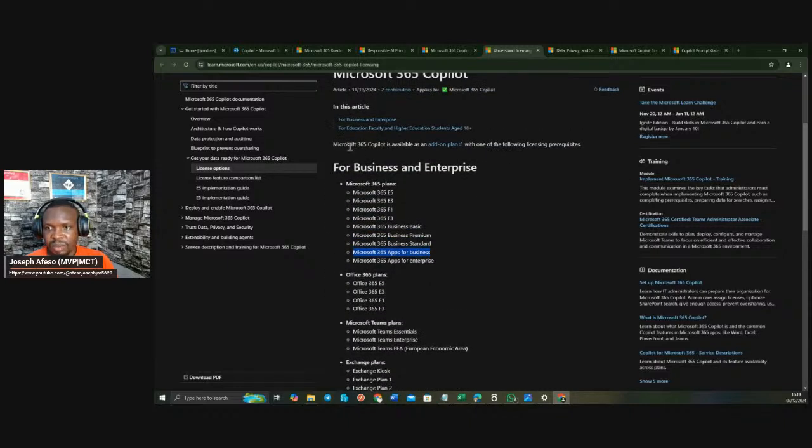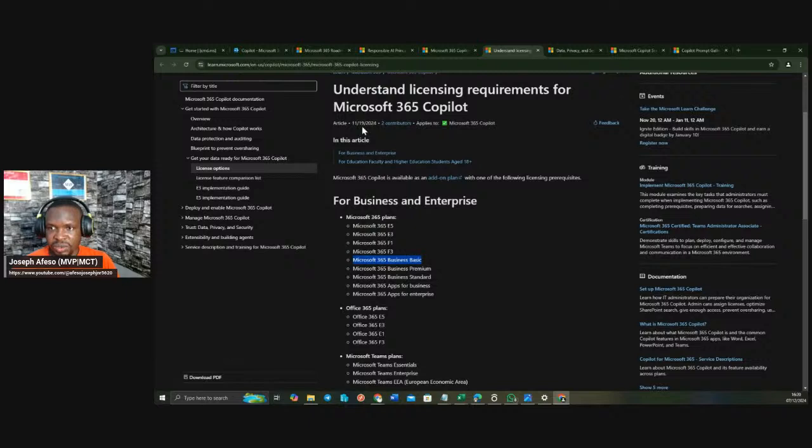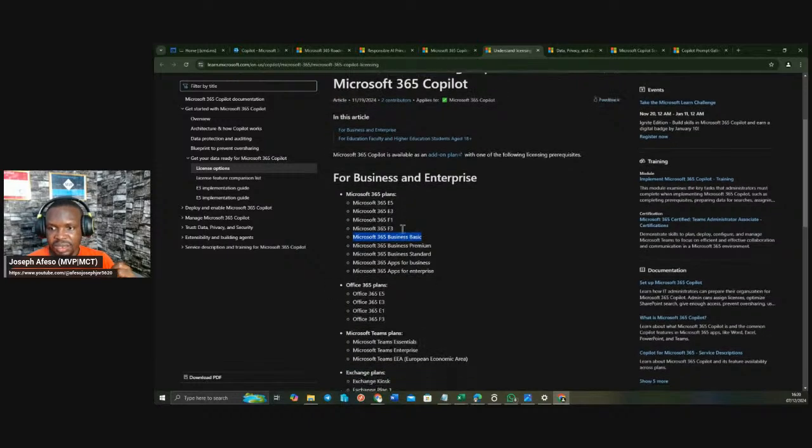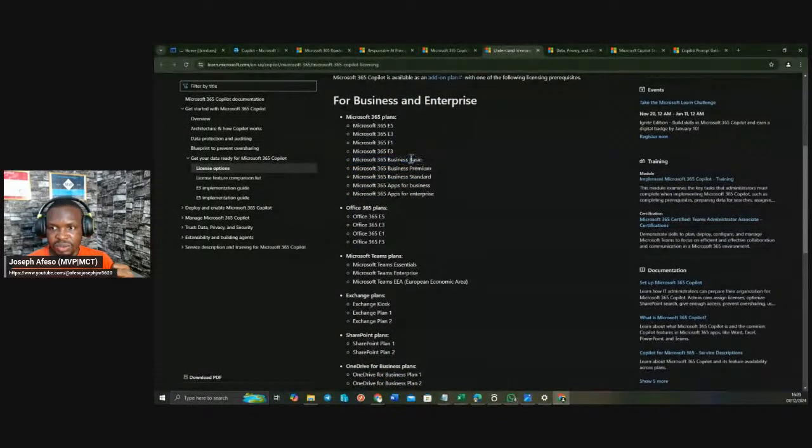So now, Microsoft 365 Copilot is available as an add-on with one of the following license requirements. I'm happy to see this because the last time I checked, Business Basic wasn't there, and I'm just thinking aloud that this is likely an update on this document. Looking at this, it was on November 19 that it was last written, and I'm happy to see that Business Basic is here. So it means if you have Business Basic, of course, you can also go for the